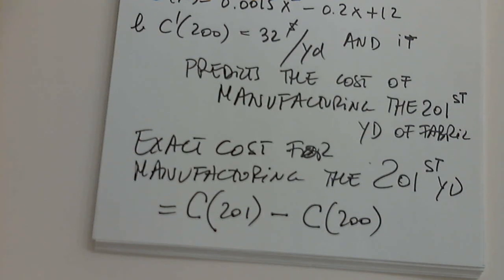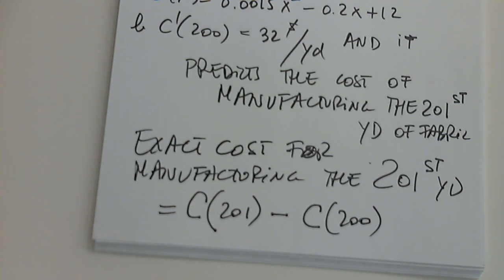I want 201. Can anyone tell us what is the cost for manufacturing 201 yards? 0.402. 201 yards is the... Oh, it's cost for manufacturing 32.2. The cost for manufacturing 201 is